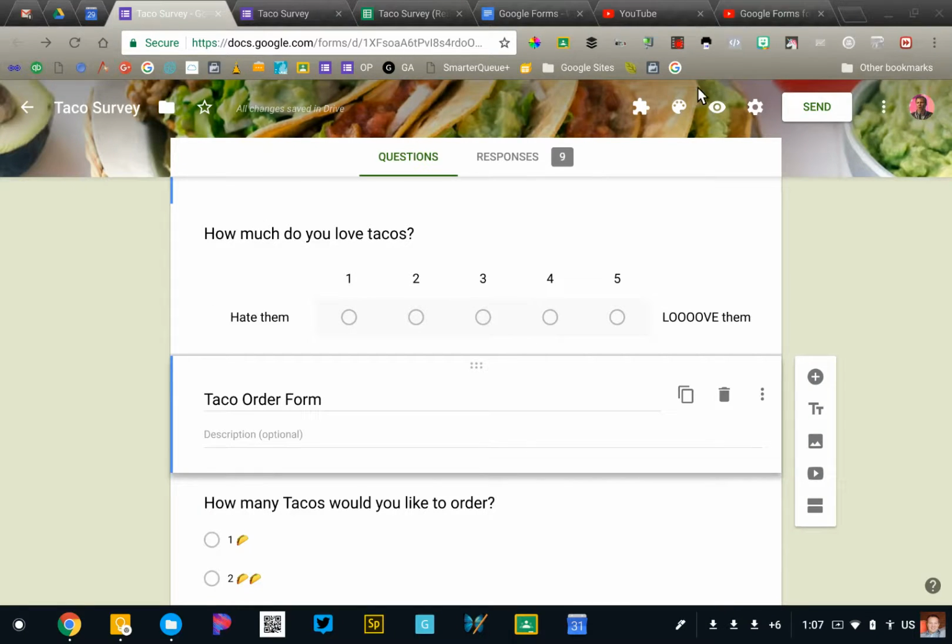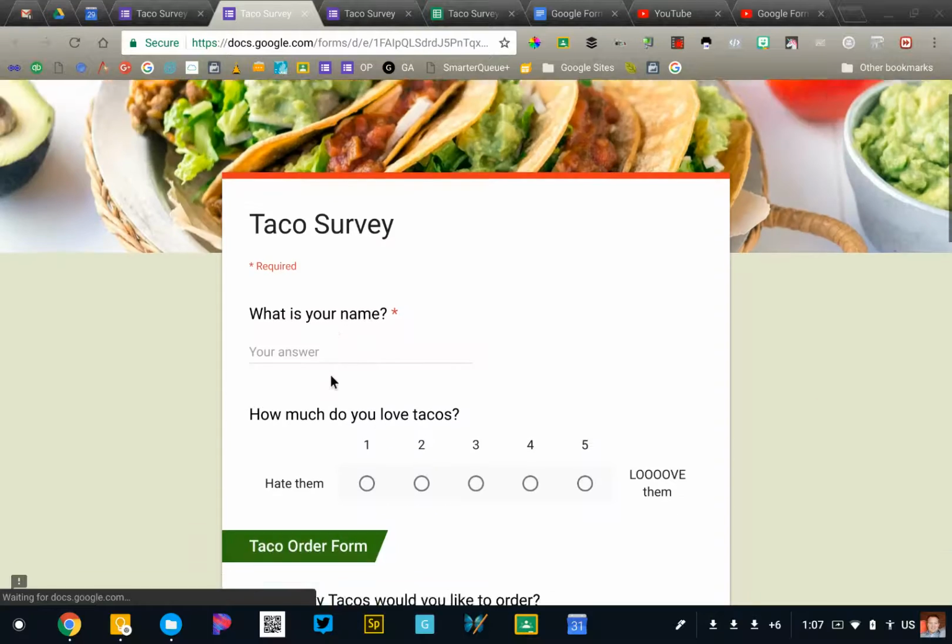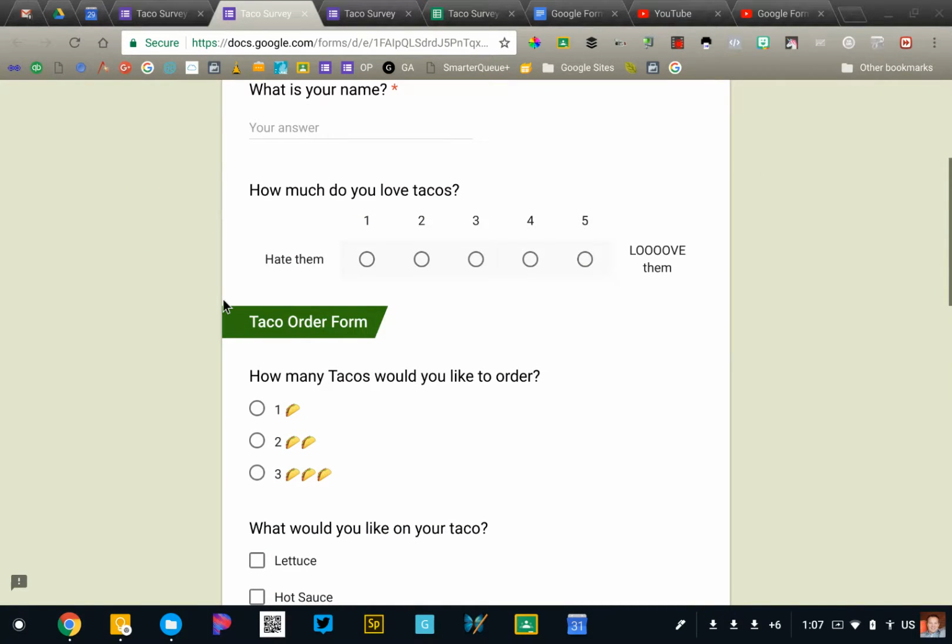Now, if I view my form again, you'll see it's going to add this kind of banner in the middle of my form. It's helpful for separating out different areas of your form to communicate, okay, now you're going to fill out biographical information. That's a simple one. Again, it's going to pull a color from your image. You don't have any control over that.